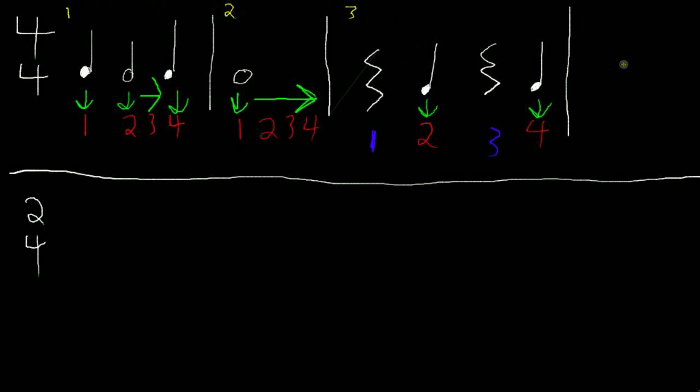Each measure has 4 beats, right? So how many beats total do we have within these 3 measures? Well, we've got 12, don't we? Because we've got 3 measures